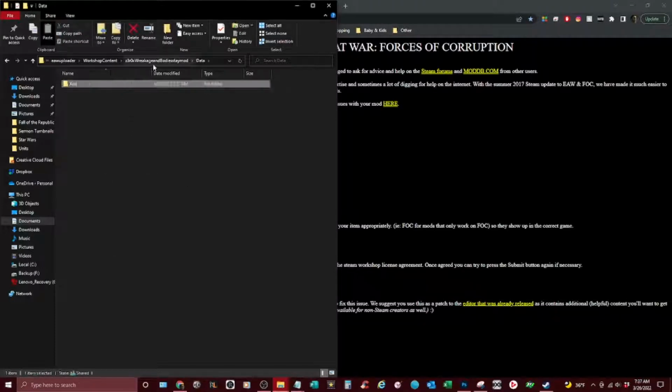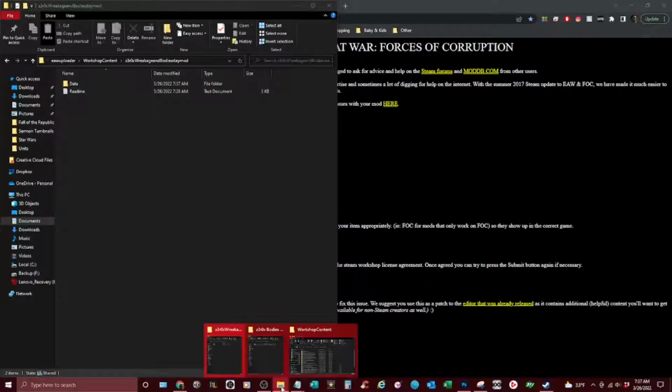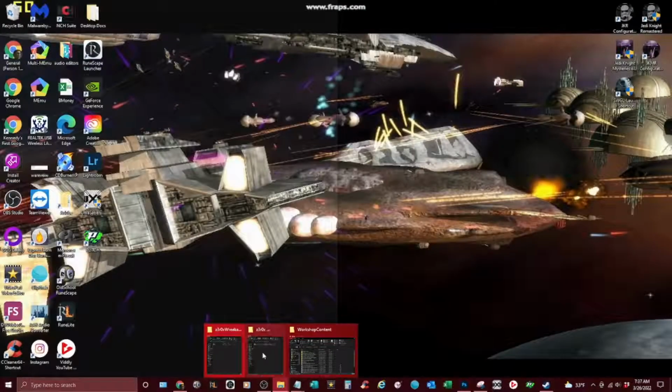And then this is another thing that you're going to need to do. One of the things I had a problem with at first was it wasn't working when I tried to launch the mod. The problem was I didn't have these spelled exactly right with case sensitivity. So what do I mean by that? Basically we need to go to our